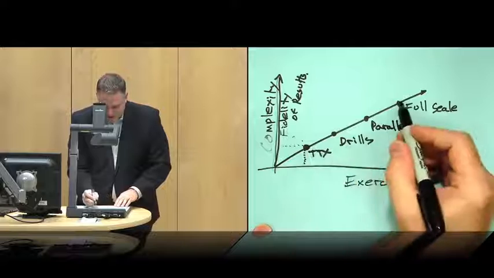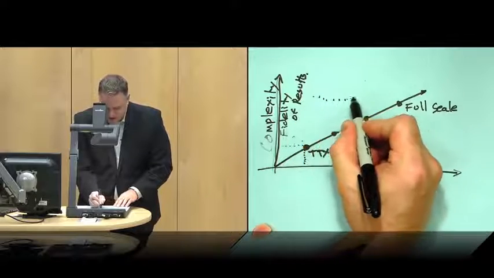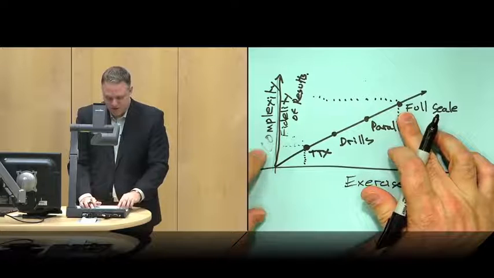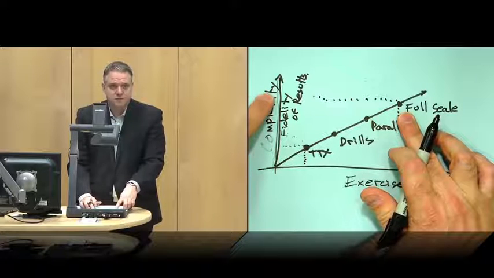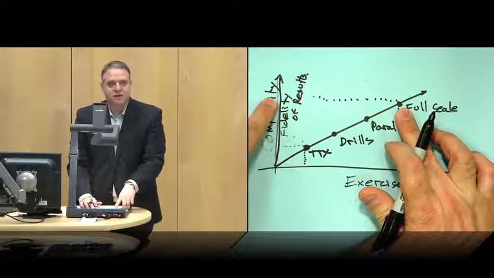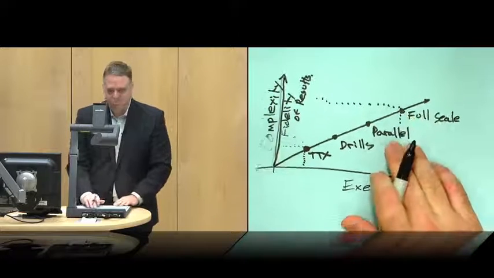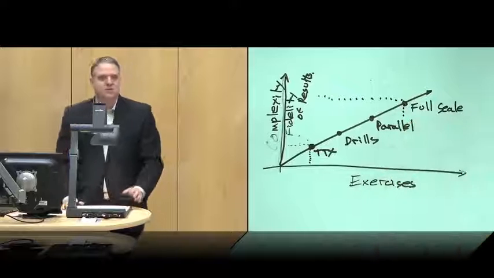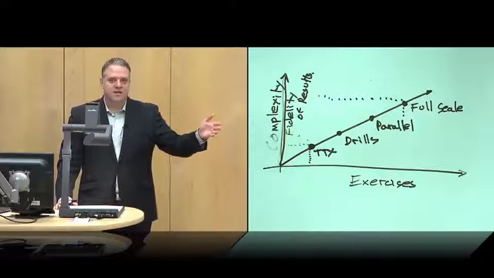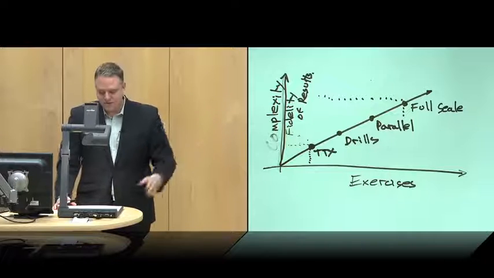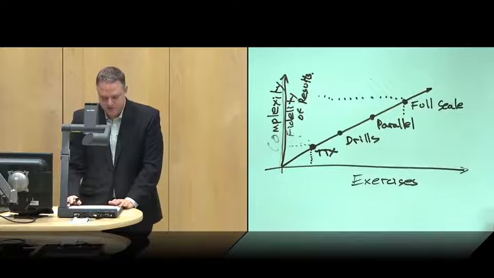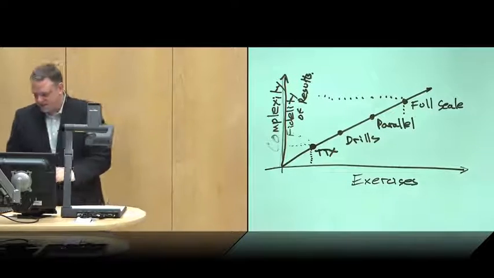So as you increase the scale, up here where you have a full scale exercise, the complexity goes up exponentially, but your fidelity of results also gets better. So it's here that you would actually see that Billy Bob doesn't know how to operate a computer, and he doesn't know how to take the appropriate response actions. That's where you get different fidelity of results across these various exercises.